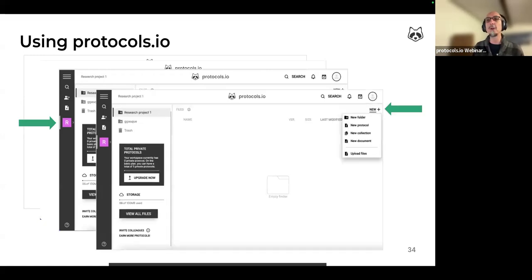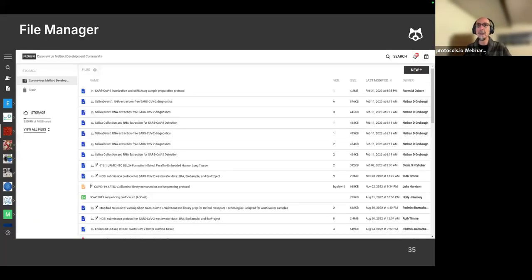And to start creating protocols, you go to the new button to the right. The file manager will eventually contain, display, and organize the protocols you have created within the workspace, as you see in this example.